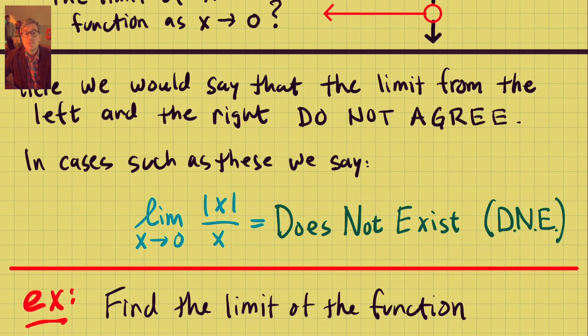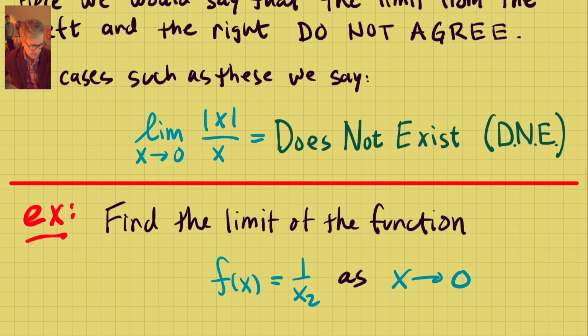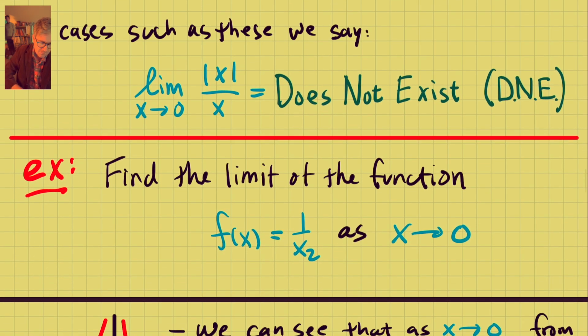Okay, so here's an example where the limit doesn't exist. There is no limit at this value, right? They disagree. You get two different answers depending on which direction you're coming from, right? And in order for the limit to exist, they both have to be the same. Very good. Another example. Let's find the limit of the function f of x equals 1 over x squared as